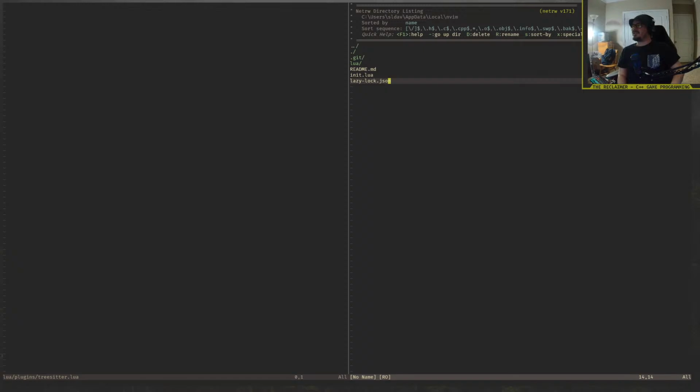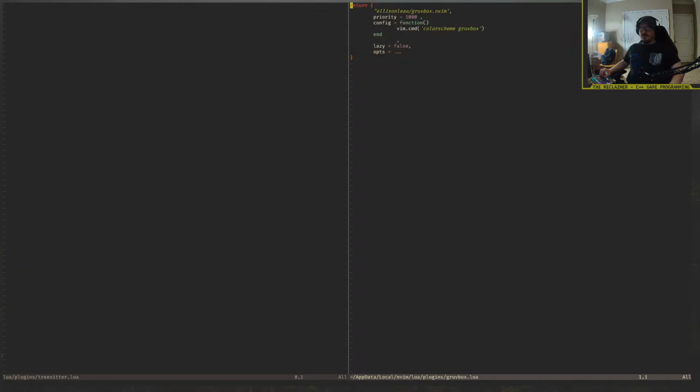There we go, that's it. Okay, now we can look up an example. So let's go to Lua. Is it? Yeah, it's plugins. And then this is the one for, that's the plugin for Gruvbox. So we are gonna return